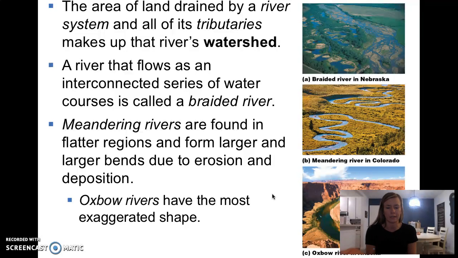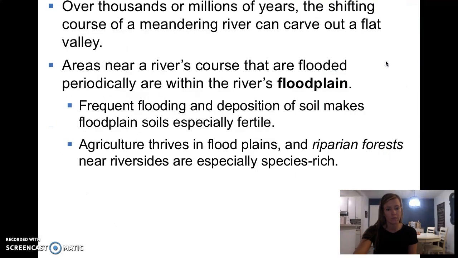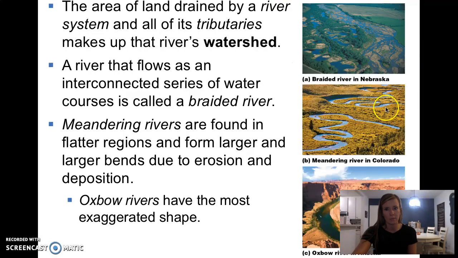If you think about it, it's not an example here, but the Grand Canyon in the United States was carved out by rivers, because as the water moves through, erosion happens and it carves out the landscape. So we have a couple of different kinds here. We have what's called a braided river, which is where there's a deeply sloped region and it carries a lot of sediment, and so it ends up looking like this. It's an interconnected series of watercourses.